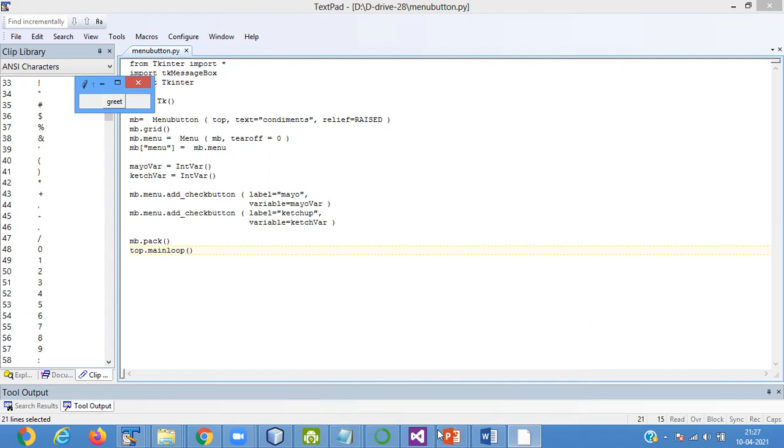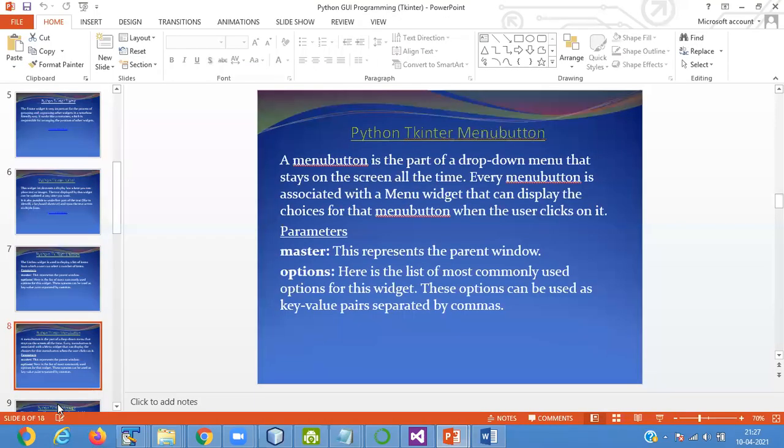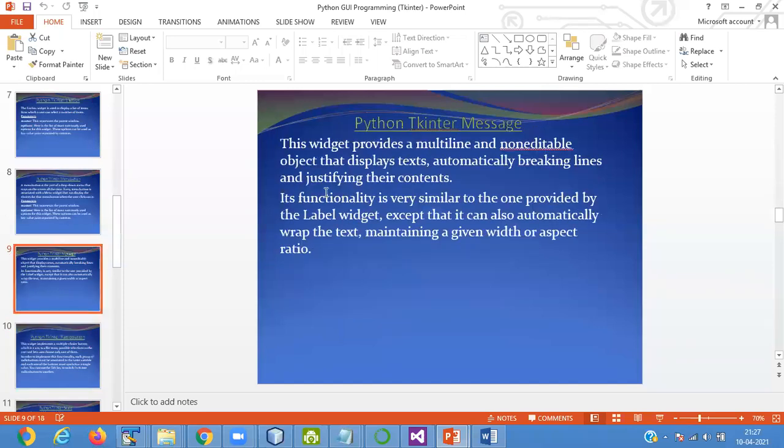is tkinter message. The widget provide a multi-line and non-editable object that display the text automatically, breaking the line and justifying their content. Its functionality is very similar to the one provided by the label widget, except that it can also automatically wrap the text, maintaining a given width as aspect ratio.